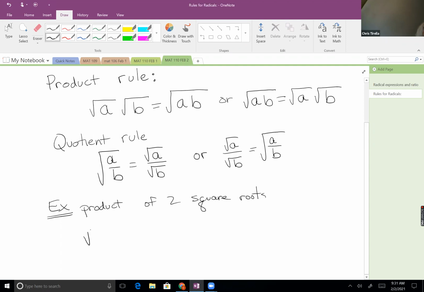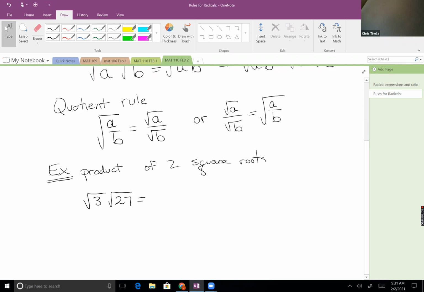Let's say I have the square root of 3 times the square root of 27. As I look at that, the square root of 3 is not rational. There isn't a number that I can square and get 3. It becomes a non-repeating decimal. And likewise, 27. But using this rule, I can look at that as the square root of 3 times 27. And 3 times 27 is 81. And the principal root of 81 is 9. And so what we're seeing here is that we can multiply two irrational numbers, and sometimes we'll get a rational